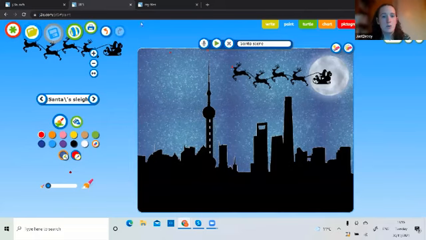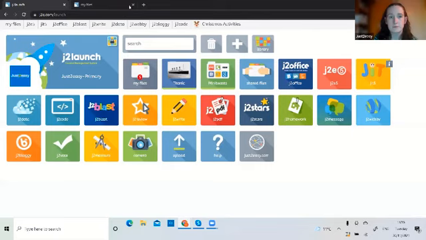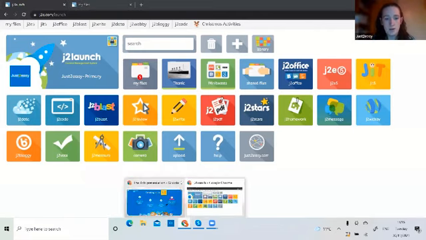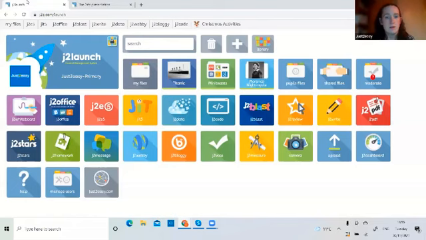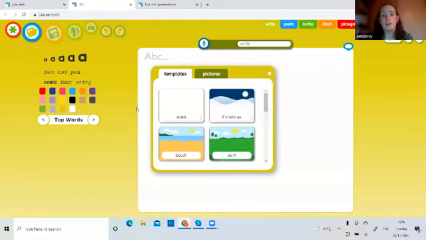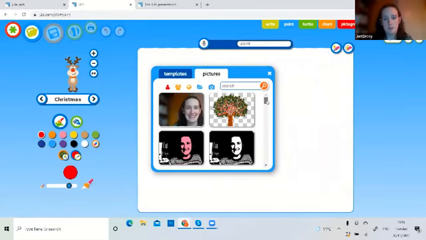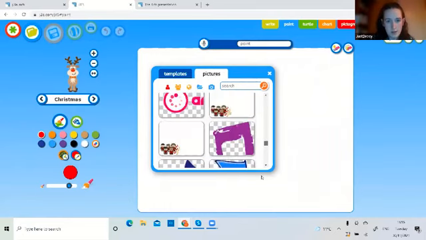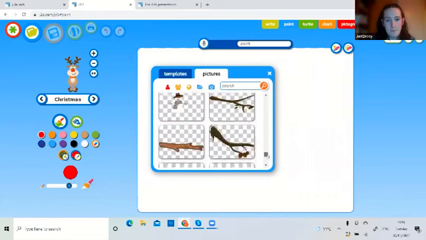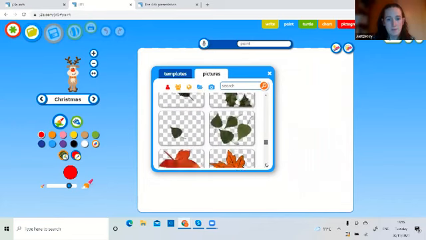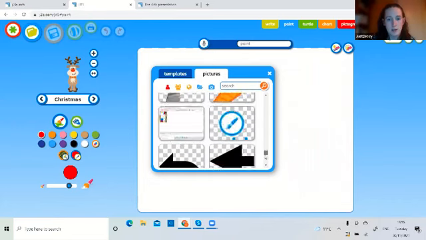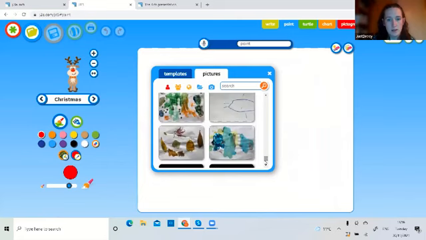Next activity I'm going to show you within Jit Paint is going to be one that I'm going to create for my children. So I'll get rid of that now, and I'll come back to my Launchpad. I'm going to create a colouring sheet for my children in Jit Paint. And this is really simple to do. All I'm going to do is load as a background my colouring sheet. I'm just going to scroll down and find it through here. And I'll add this as the background and share it with my children so they can then work on it. There it is.